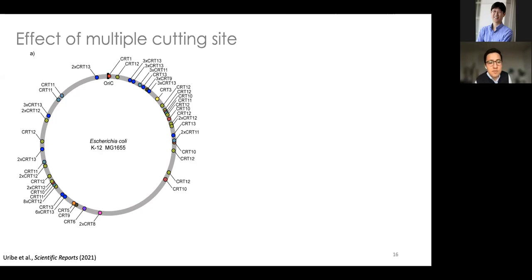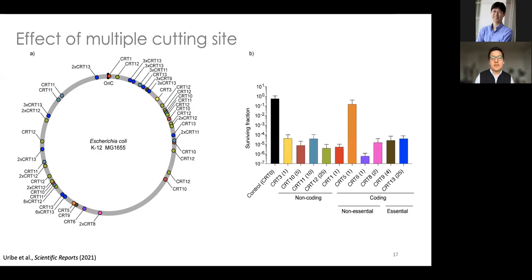And we actually found some sites that are more than 20 times in the chromosome of E. coli. So we expected that those guide RNAs would be extremely toxic and would kill most of the E. coli. However, what we found was that that was not the case. There was actually no correlation between the number of target sites. There was also no specific effect between targeting a non-coding region versus a coding region. And there was also no improvement by targeting essential versus non-essential genes.